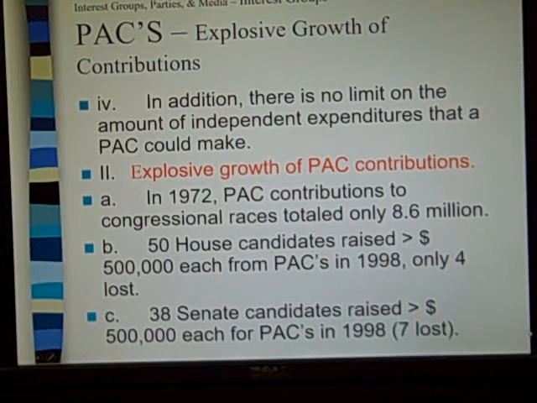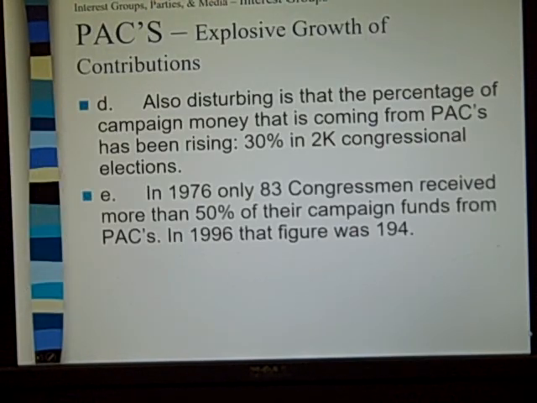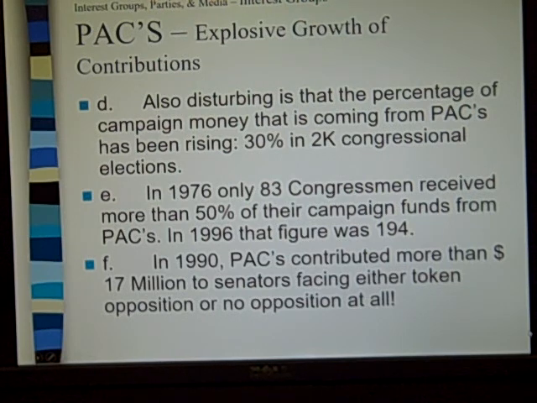All right. Now you'll notice up there as you look at the bottom of this slide that it shows you the individuals from both the House and the Senate who actually lost their re-election campaigns despite raising more than $500,000 from political action committees. Again, very small numbers. All right? And this is due in large part to this aspect of what the money is actually going to be utilized for. All right?